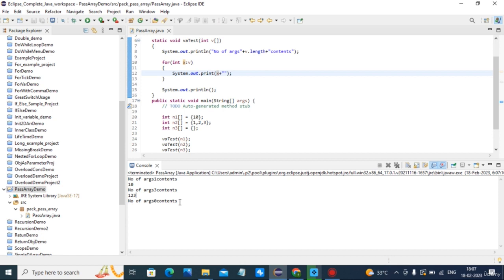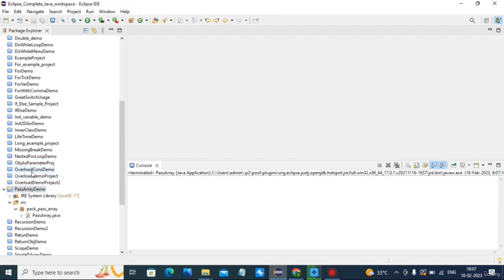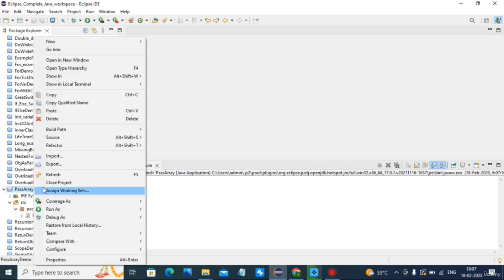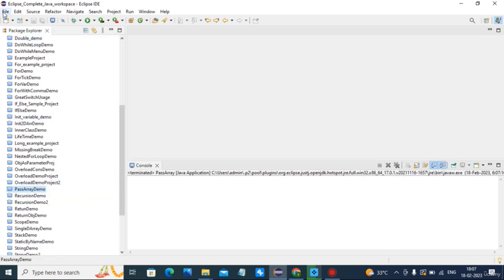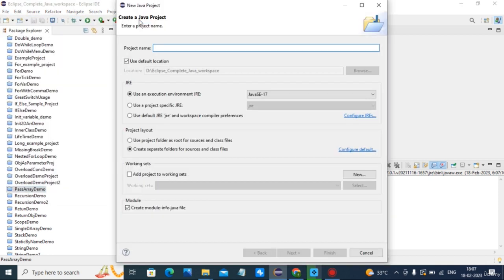Now the same example for variable number of arguments, with the use of the new method using varargs. Now I close this project and I use a new method. Very simple method it is. Its name is varargs, varargs demo.